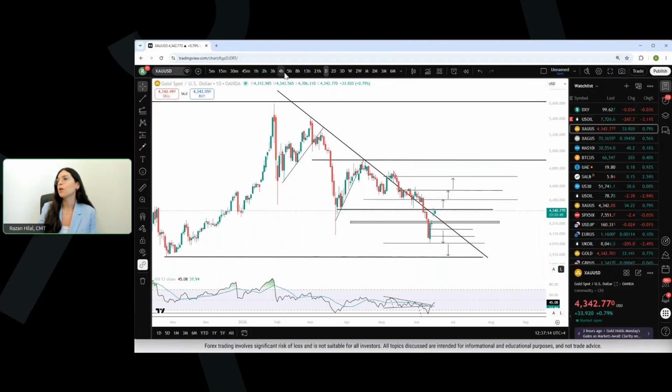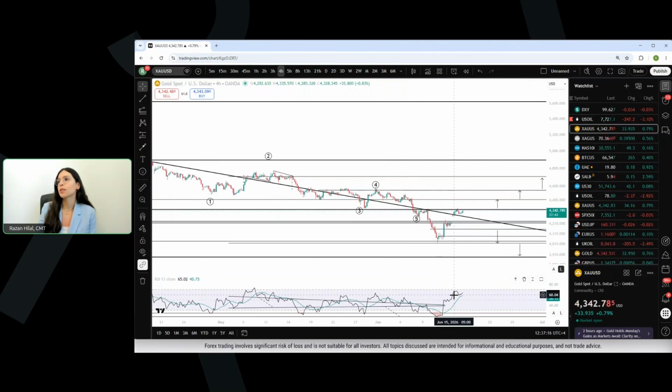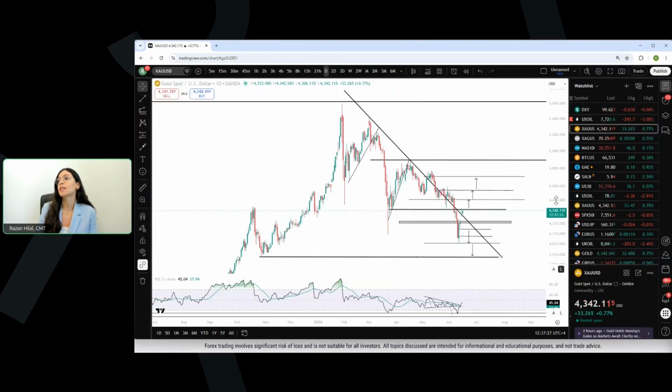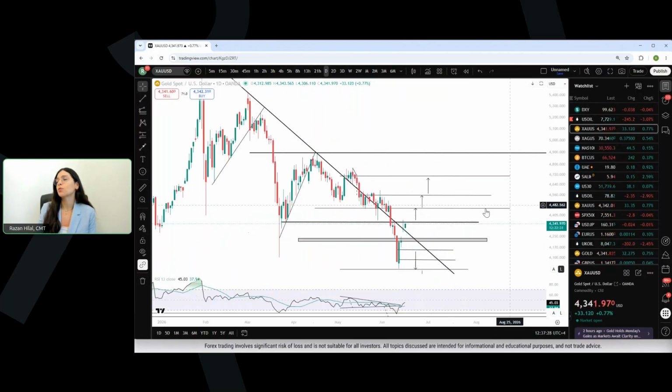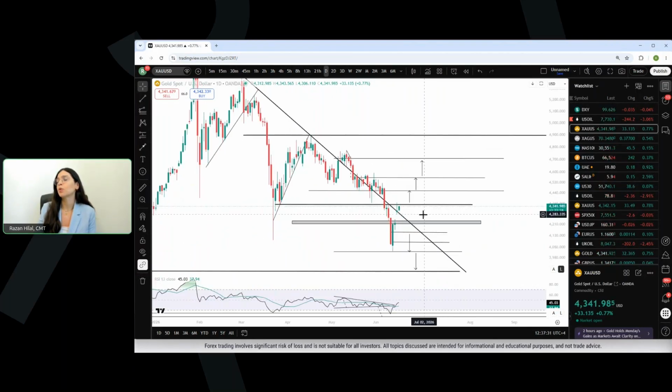Now, if we drop down to the 4-hour time frame, we can see overbought risks over here, last seen in May 2026, which may pave the way for short-term drawdown risks. Other than that, we can just be looking at the prices level by level. The downside risks over here would be a reversal back below the 4,280 mark, potentially closing that opening gap that we saw earlier this week, potentially aligning with key levels between the 4,230 and the 4,220 zone.